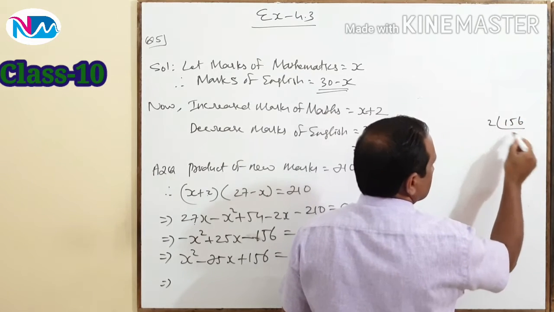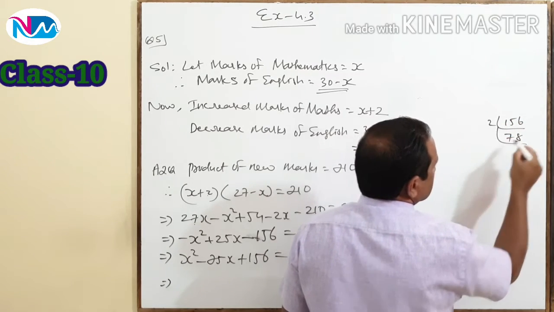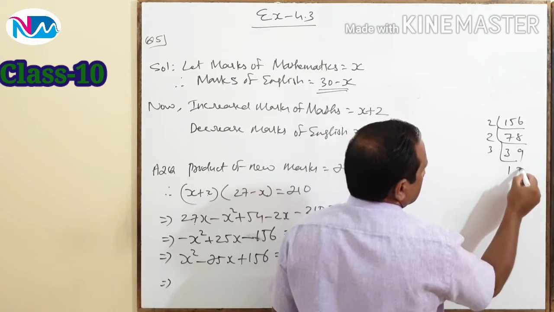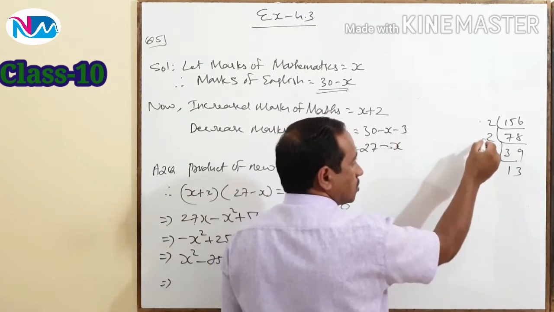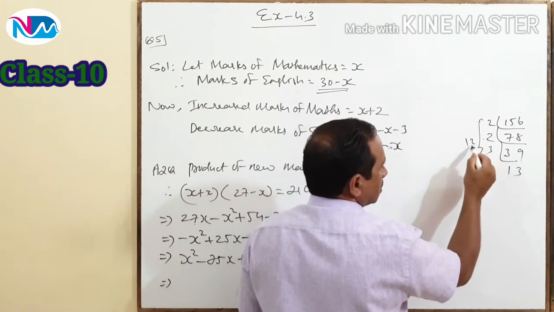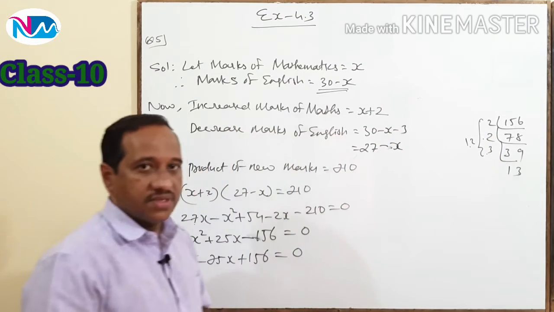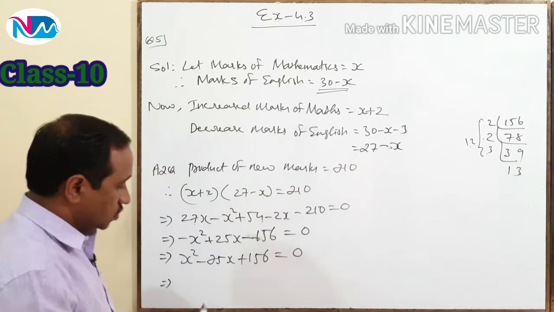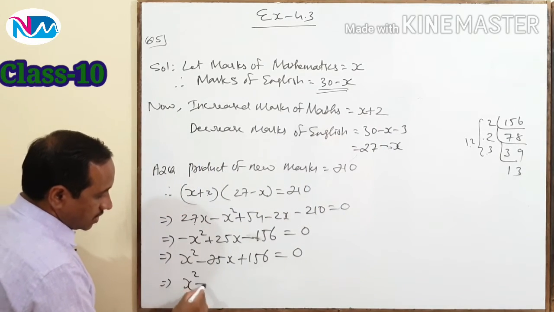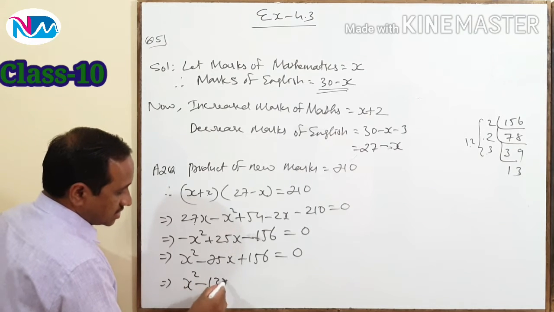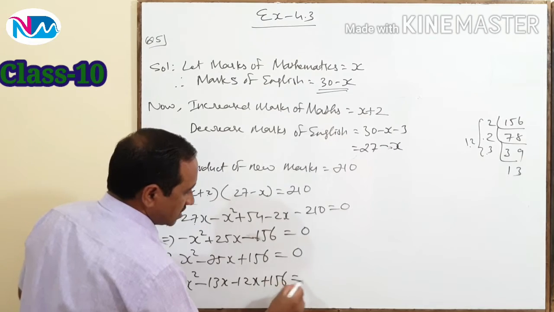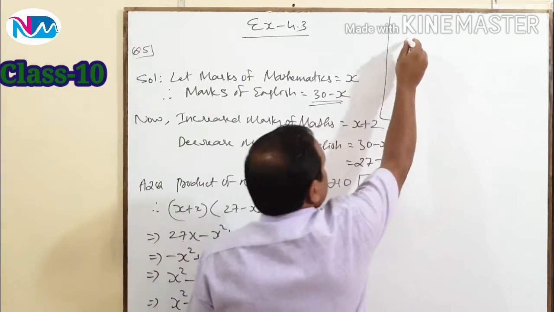156 by 2 is 78, by 2 is 39, by 3 is 13. 2 into 2 is 4, 3 into 4 is 12, 12 into 13 is 156, and 12 plus 13 is 25. So here I am going to write the middle term as x square minus 13x minus 12x plus 156 is equal to 0, which gives,